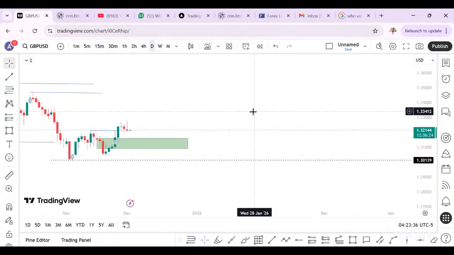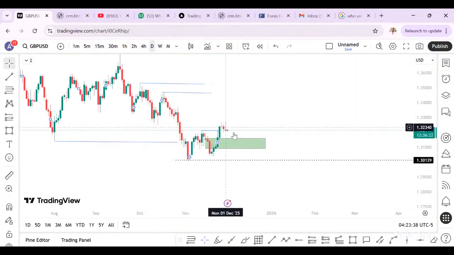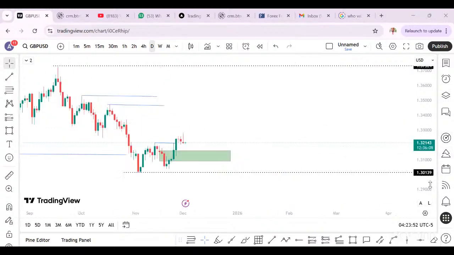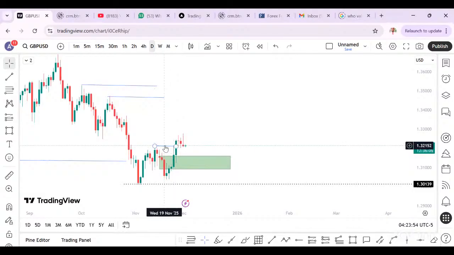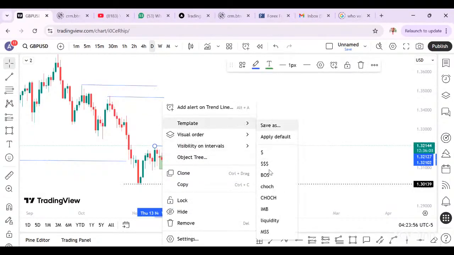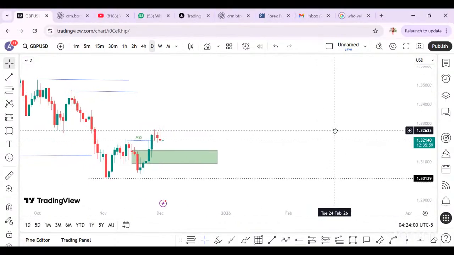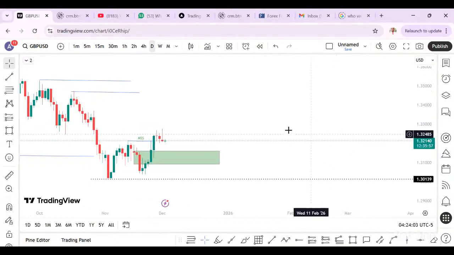Be guided. So I would love it if this guy trades to this place. That's where I want to buy from. So weekly we have a bullish engulfing candle, right? That's a very strong signal. On daily, we have a kind of shifting market structure here. So that is another confirmation that we are bullish.